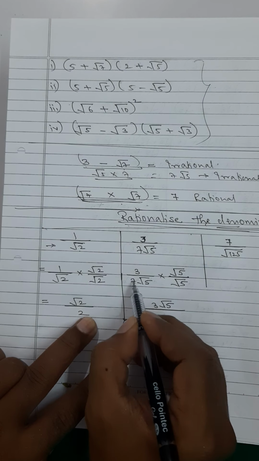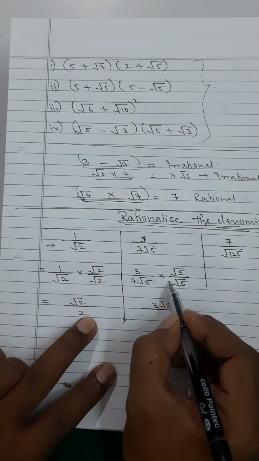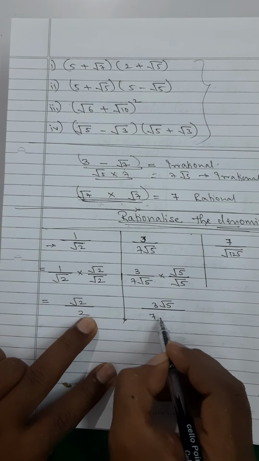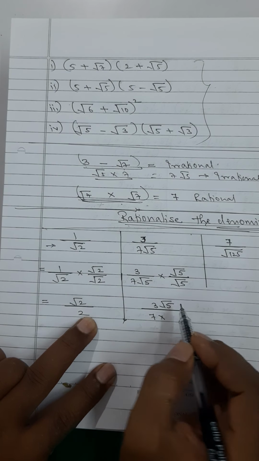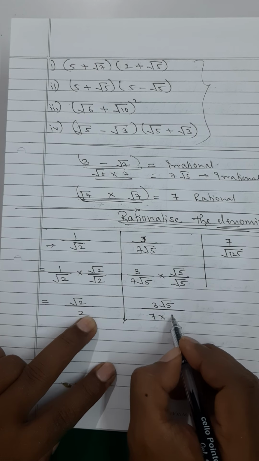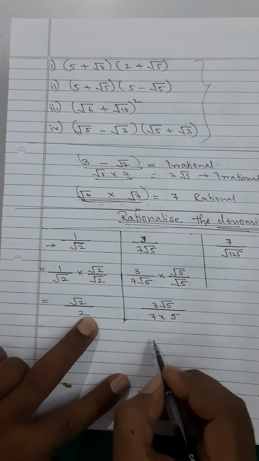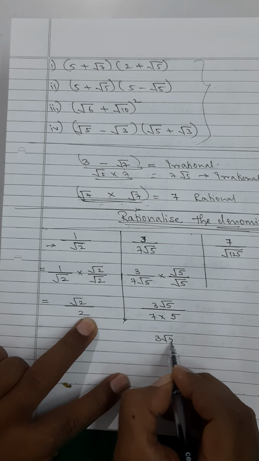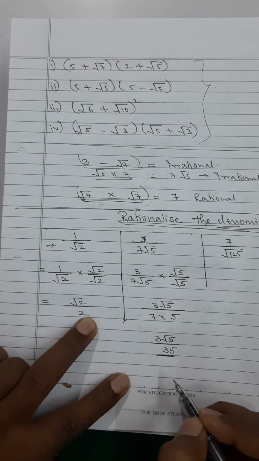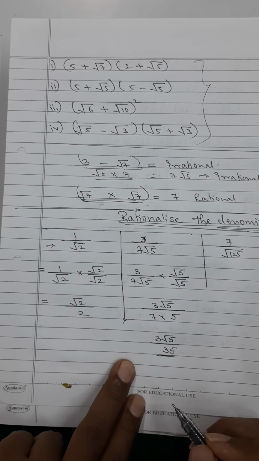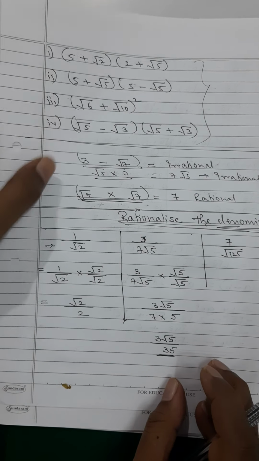This will multiply with the coefficient over here, which is 1. And root 5 will multiply with root 5. Radical will multiply with radical. And by now you have understood that root 5 into root 5 is going to give you 5. So what you get is 3 root 5 upon 7 5s are 35. And this way you have rationalized the denominator. Okay, my dear students, I hope you all are getting this.